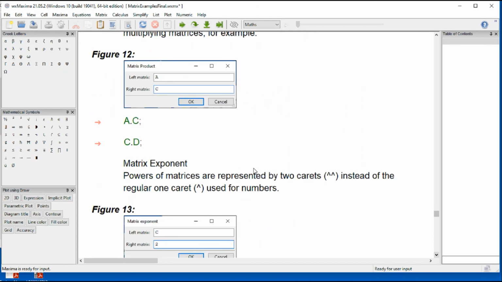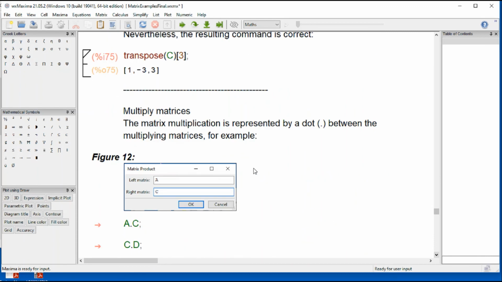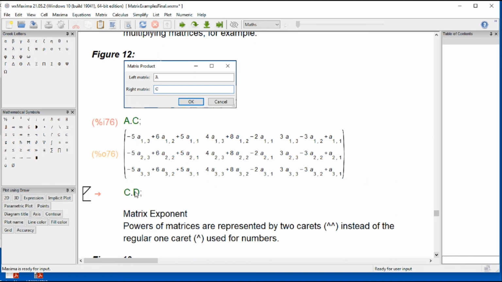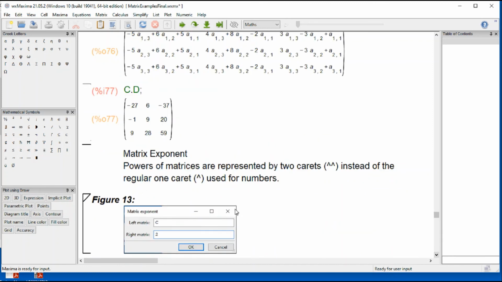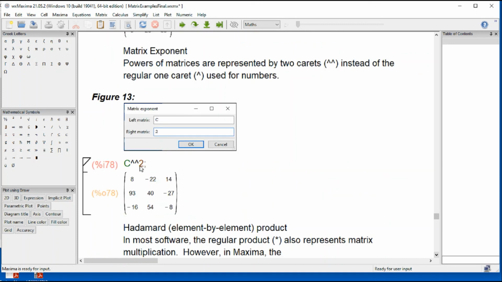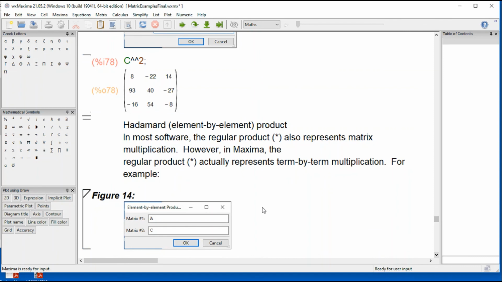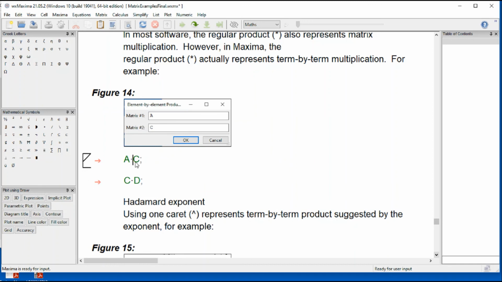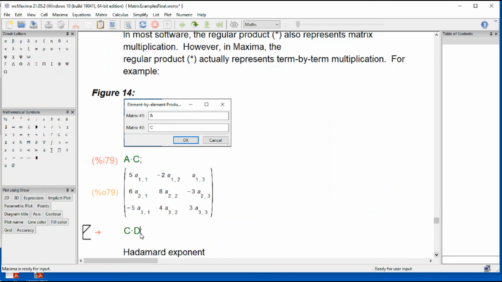Matrix multiplication. There's a form for it, but it turns out that to multiply matrices in a matricial way, you have to use a dot. If you type A dot C, you get your matrix multiplication. C dot D, you get your matrix multiplication. Matrix exponent uses 2 carets. Now, if you want to multiply element by element, which is called the Hadamard product, you can activate the form using Hadamard, or simply use the regular times. C times D, C